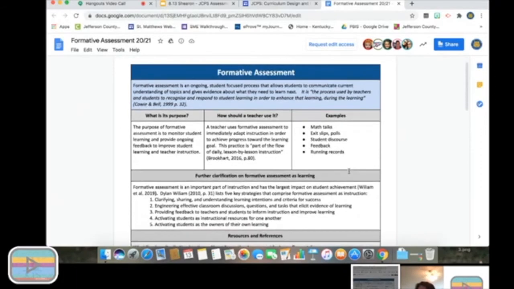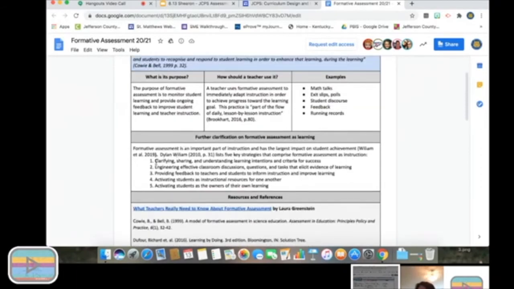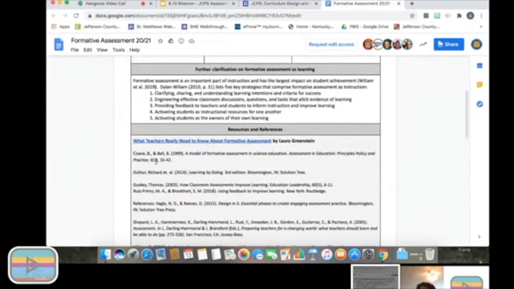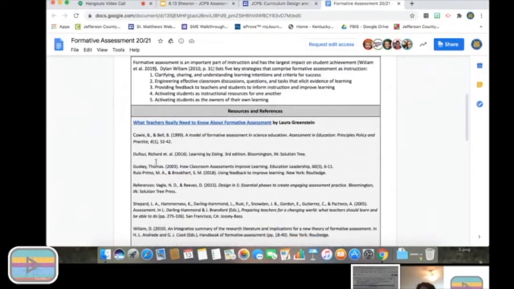And we have some really, Dylan Wiliam is somebody that knows a whole lot about formative assessment. I mean, he is the expert in the field of formative assessment. And he has some basic strategies that really should guide your beliefs, or could guide your beliefs about formative assessments, but really always putting students in the driver's seat of their learning. And so we have some great resources here that I'd really encourage you to look at, maybe with your PLC, your data team, your peers.